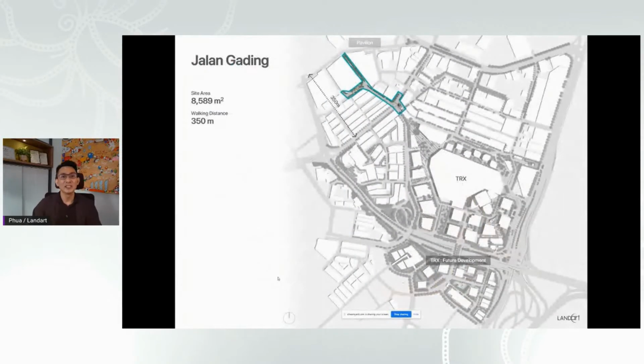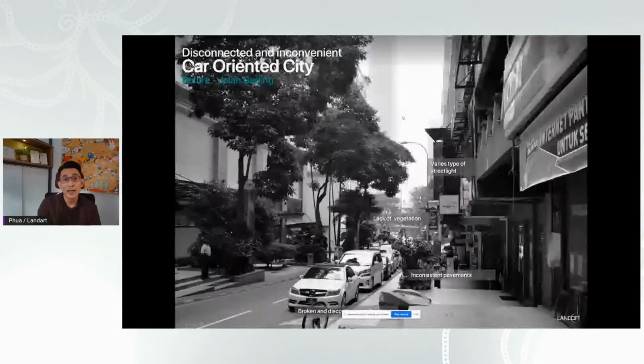And first of all, we look at the Jalan Gading. People who visited the pavilion before, that should be as it's coming out down here. So approximately about 350 meters long. And when we visit the area, you definitely will pass by these areas. Currently the situation is a lack of vegetation, and different changes of levels that are not so friendly to walk around